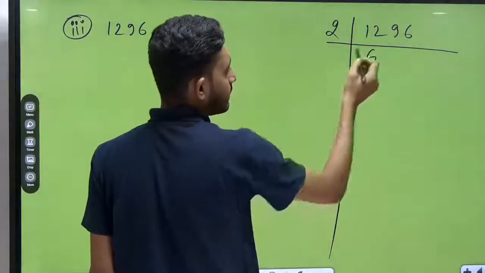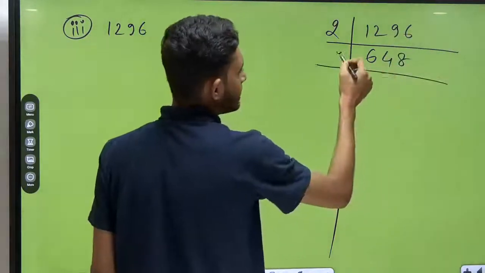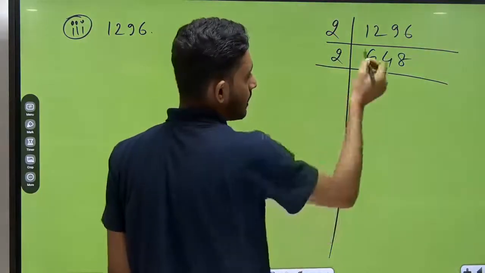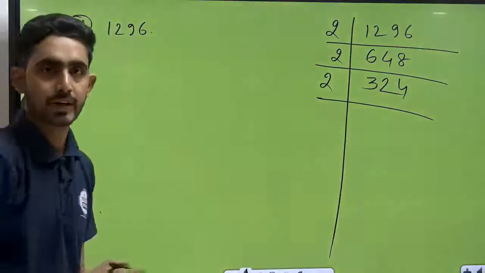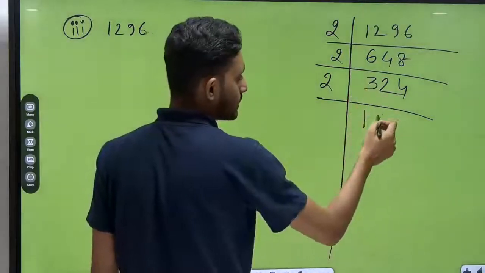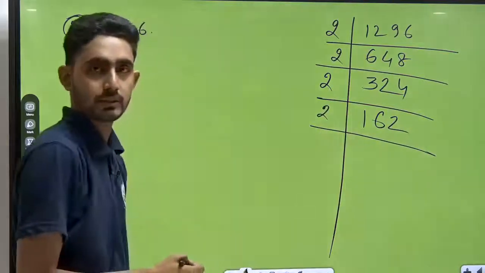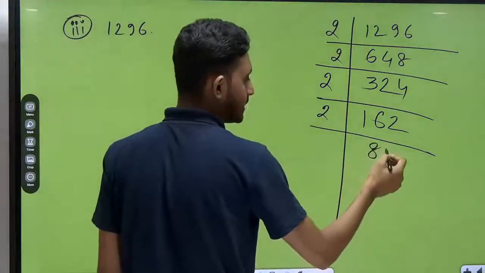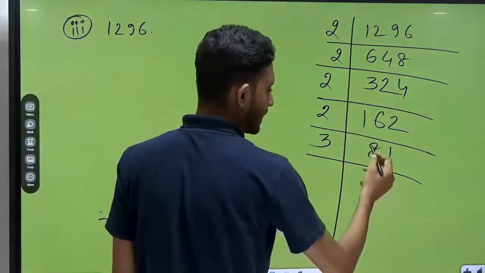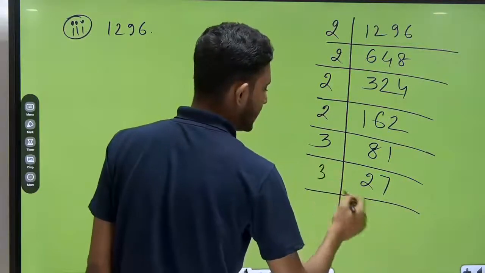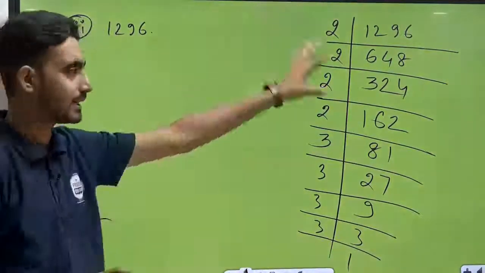2 6 ja 12. 2 4 ja 8, 1 carry 16, 2 8 ja 16, and this is 2 again. 2 3 ja 6, then 2 2 ja 4, 2 4 ja 8, and this is again divisible by 2. Okay, 2 1 ja 2, 1 carry 12, 2 6 ja 12, and 2 2 ja 4. Again this is 2. Yes or no? This is divisible by 2. We can say 2 8 ja 16, 2 1 ja 2, and this is divisible by 3. So 3 2 ja 6 and 2 carry 21, 3 7 ja 21, 3 9 ja 27, 3 3 ja 9 and 3 1 ja 3. Done. This is a very simple thing, I think all of you know it very fast.